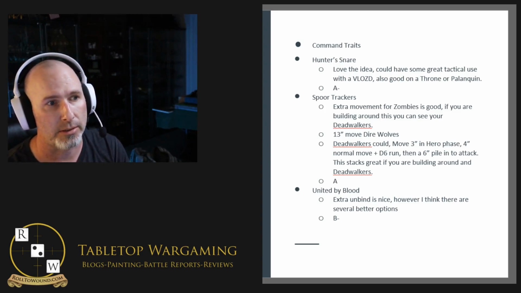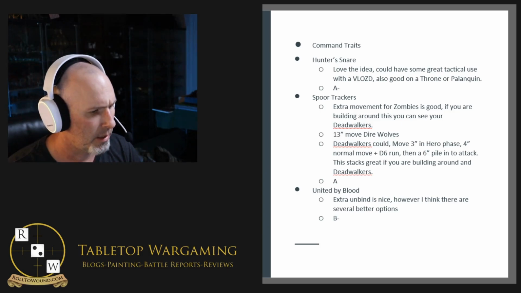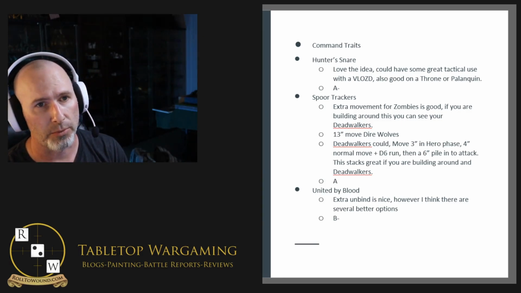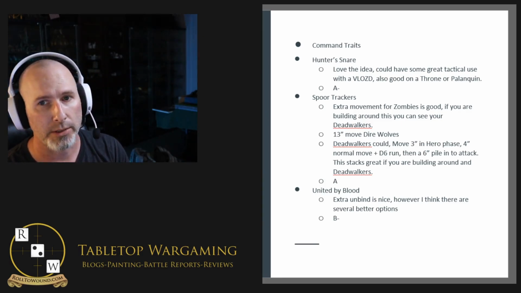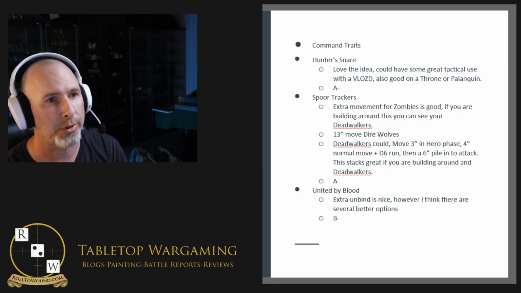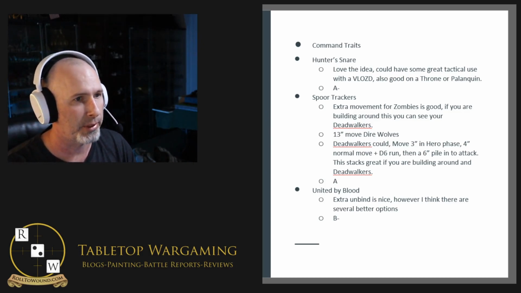I think increasing the speed and range of all these guys is great. Once again, the only downside, it is within 9. So this is still a really good thing. You're just going to have to watch how your bubbles are again. This whole dynasty wants you within 9 of everything. I really wish they'd have pushed that to 12, but